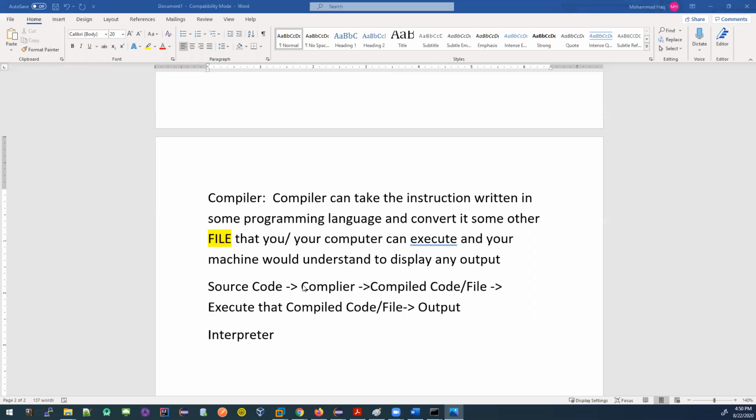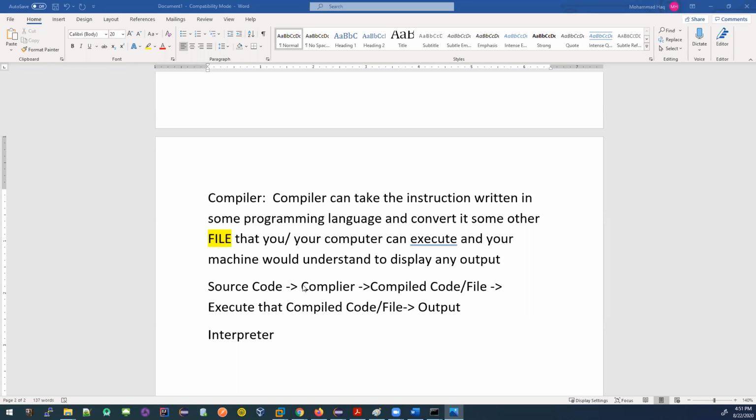How a compiler works is that I have to say everything I have to say to Lisa. Lisa will take all the input from me and she's probably going to write it down, or maybe I have written something and I'm giving it to Lisa. I'm saying, hey Lisa, could you please convert it to something that Emily can understand?